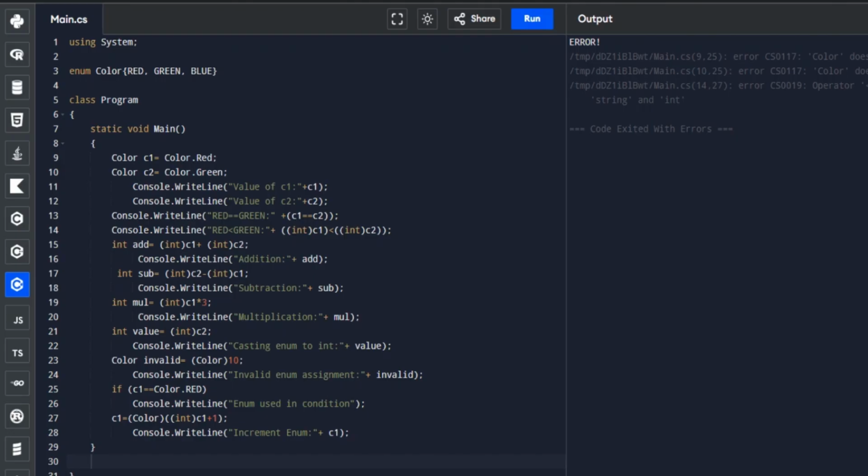Sorry, we've got an error here: it does not contain a definition for the rod. So I think we need to copy it. It's very sensitive when it comes to the name or your letter. It should be caps lock. So therefore, let's change that.